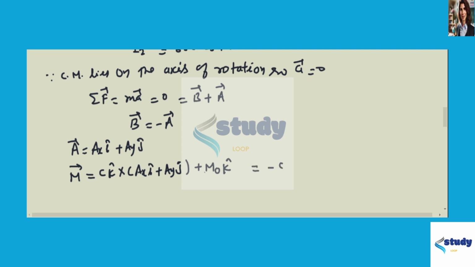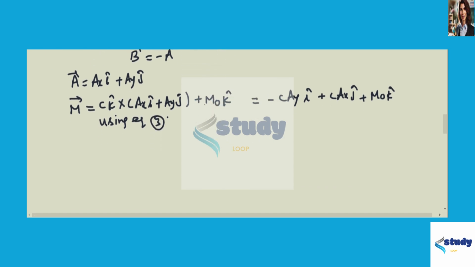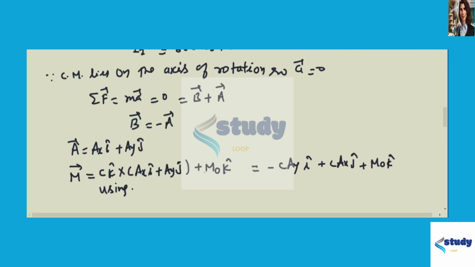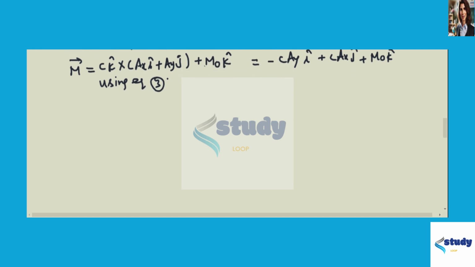So it can be written as C Ay i cap minus C Ax j cap plus M0 k cap. Using equation 3, we can write